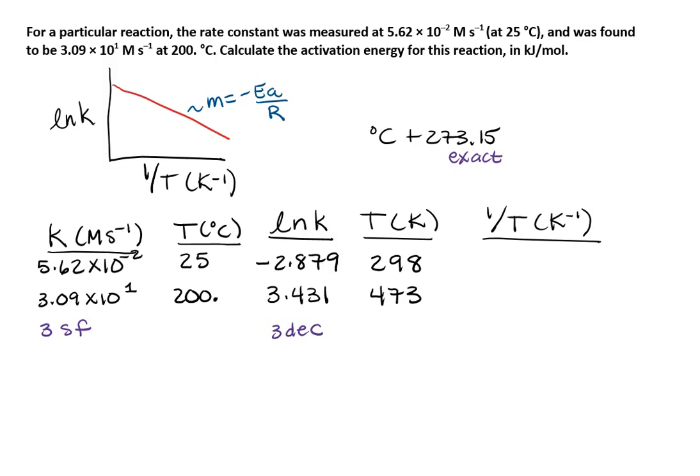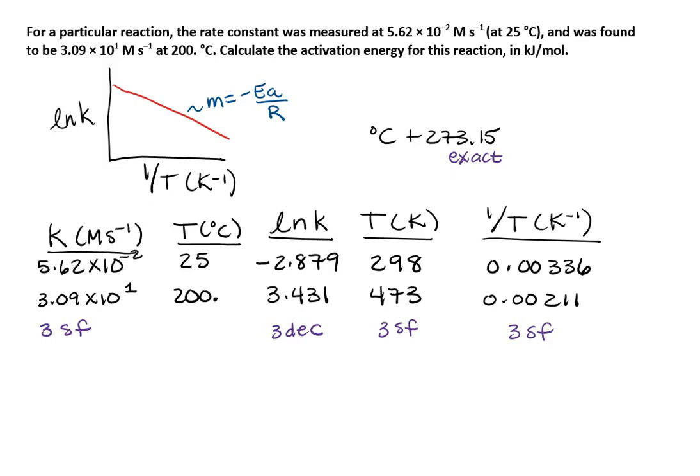Taking the inverse of each number, so now that's a division problem. We have 3 sig figs in each Kelvin temperature, and so we will keep 3 sig figs over here with the inverse. I recommend writing these out in decimal notation because when we go to the 2-point slope, you're going to have a subtraction, and you want to make sure that you're able to very clearly count the decimal places over there. So for our 1 over T for the first value, 0.00336, and for the second value, 0.00211.